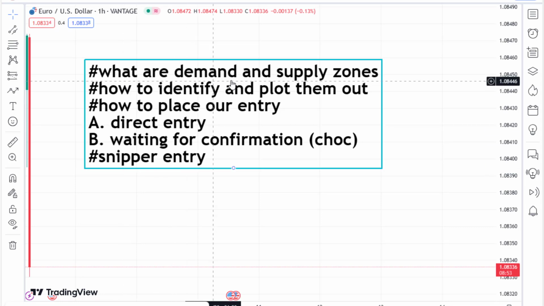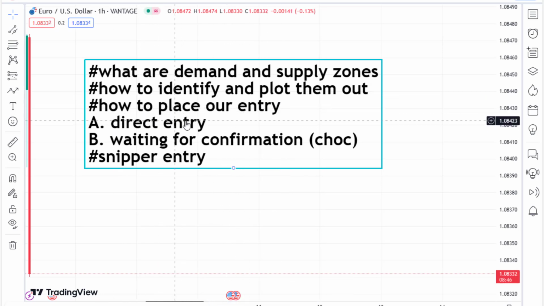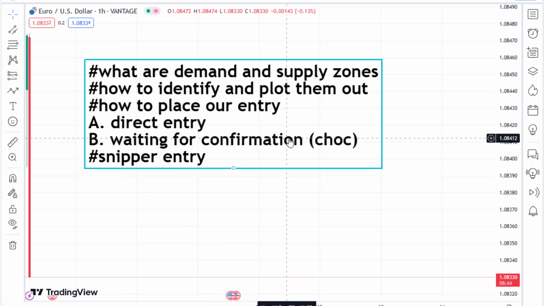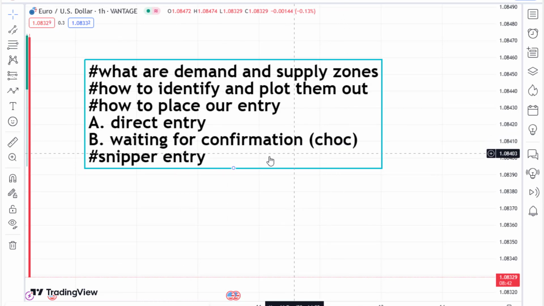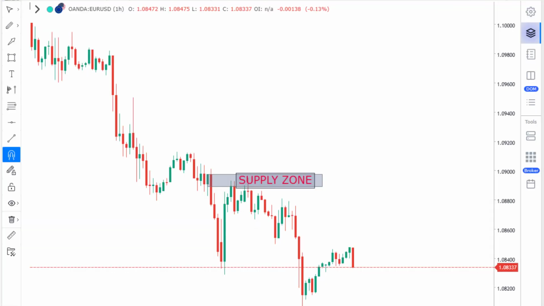So you are going to see what these zones are, how to identify and plot them out, how to place your entries. Either you use the direct entry or you wait for confirmation, what we call the change of character sniper entry, where you can catch very good moves while trading supply and demand, or you can improve your